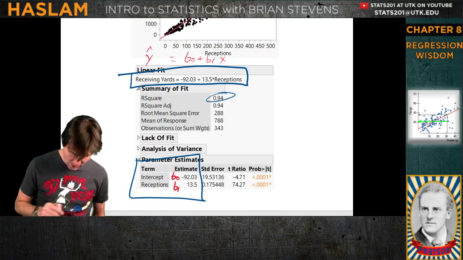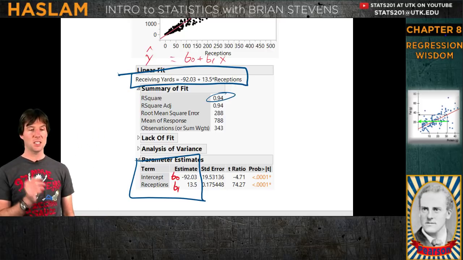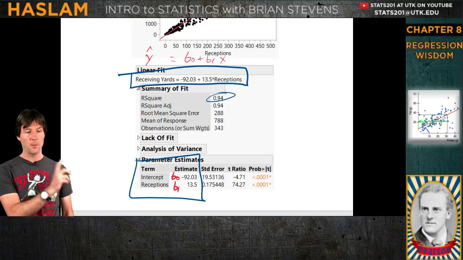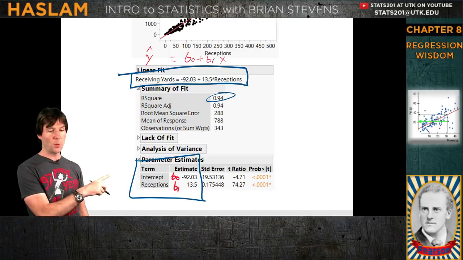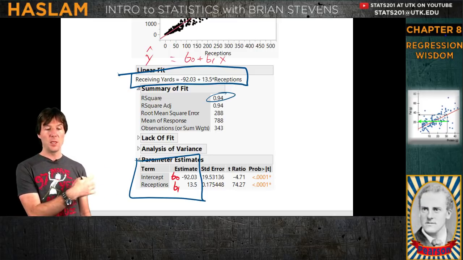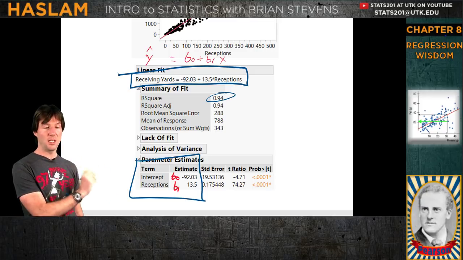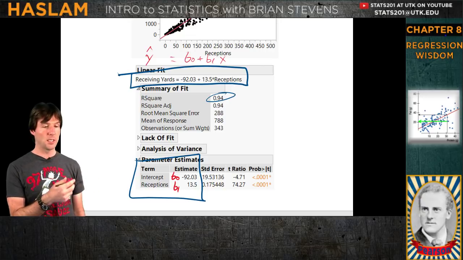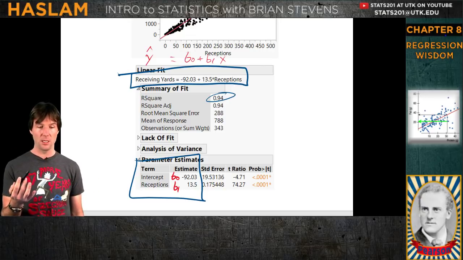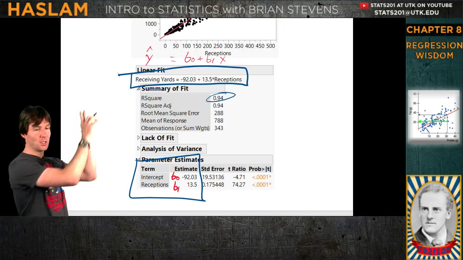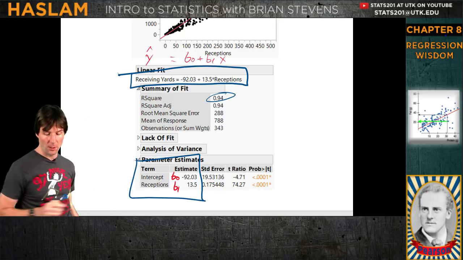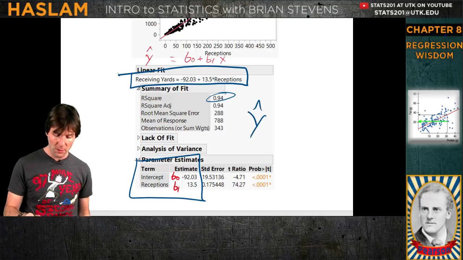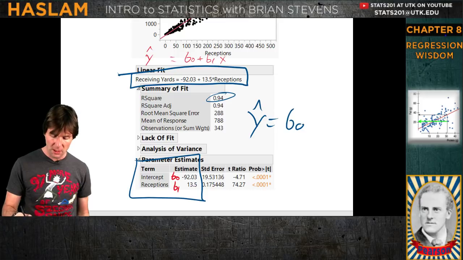If you notice, that says estimate of the intercept, that says estimate of the slope, which we actually have up there. So B0 is what we believe the intercept might be, and B1 is what we believe the slope might be. These are estimates of the coefficients you see in the model, which when we write it out nice and big, is y hat equals B0 plus B1x.